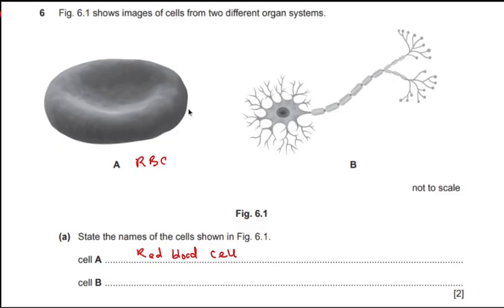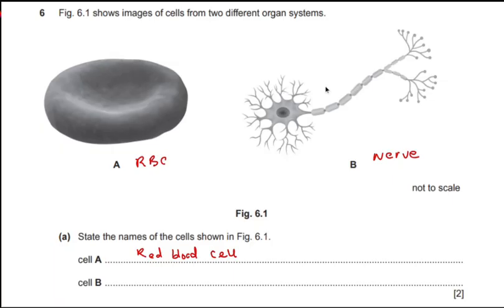Apart from that, this is the cell membrane of these red blood cells, the surface area for attachment. It has antigens. So that is where you're going to find the antigens on the surface membrane of the red blood cells. Then when it comes to B, actually this one is a nerve,